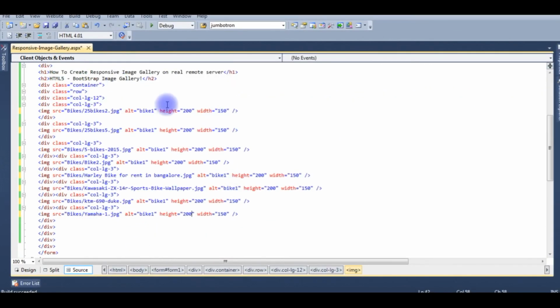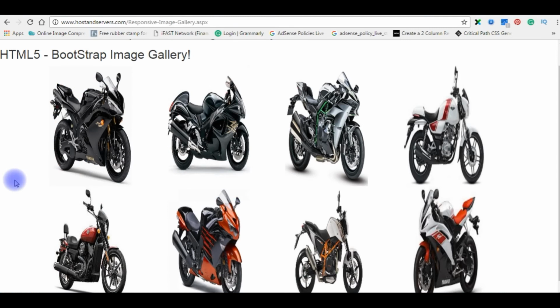And now I reset the height and width of all the images in the div container. After altering the images' height and width on the web page, I just uploaded to the remote server. Just to save time, I have not shown the file transfer again. I'm refreshing after changing the height and width.